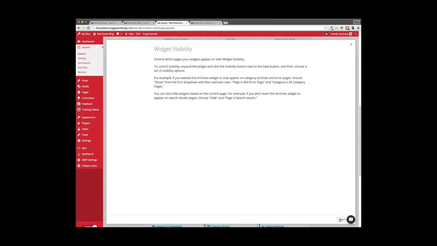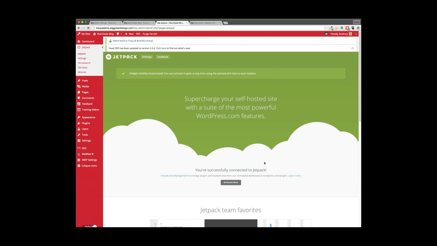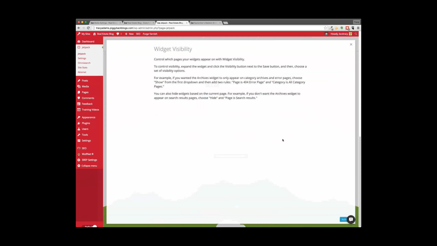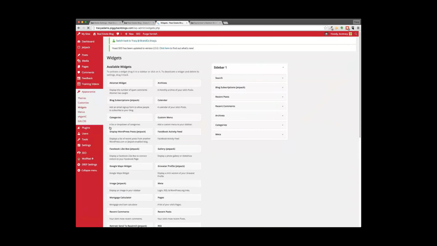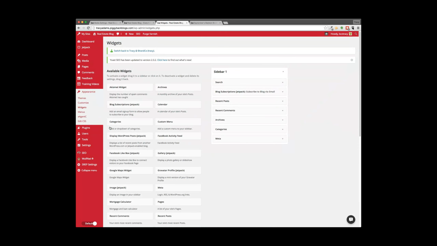Now, if you haven't been playing with menus or with your widget area for your sidebar, wait, I don't want to deactivate it. I want to activate it. Then most people wouldn't know the purpose for this, but I like this for within community pages, because you can add a section, a sidebar area that will only show on a specific page. So if you wanted it to list all the communities that are inside that one city, so that they don't have to go back to the place where you had all your links, then they could just have it accessible straight from the